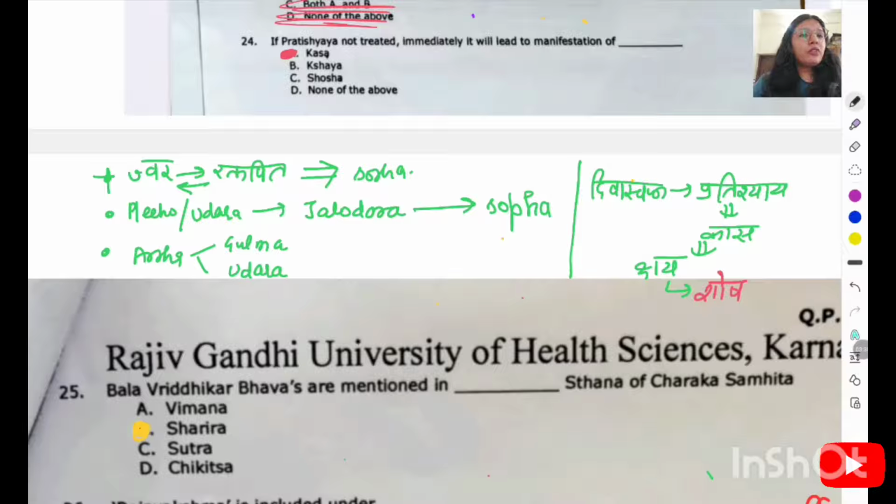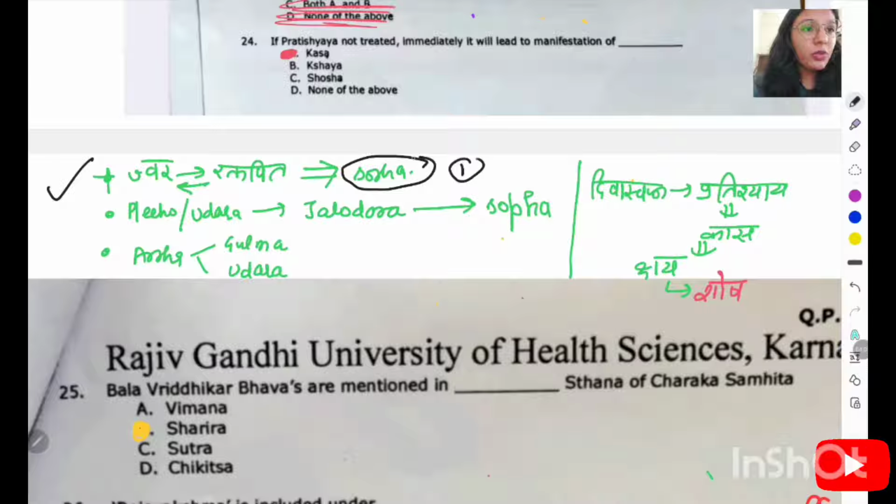Actually this is from the Nidanarthakara Vyadhi, where one disease becomes the Nidana for other diseases, and I have drawn one flow chart here. From here we can conclude this: if Jwara is not treated, it can end up with Amlapitta and vice versa. If Raktapitta is not treated, then it can end up with Jwara, and we can take dengue fever as an example. And if both are untreated, then it can lead to Shosha. So first, this point you have to remember.